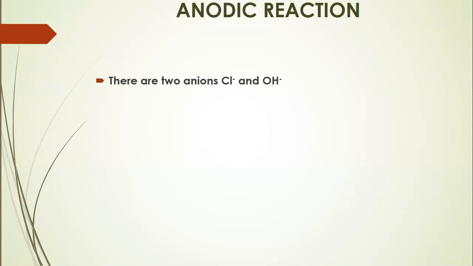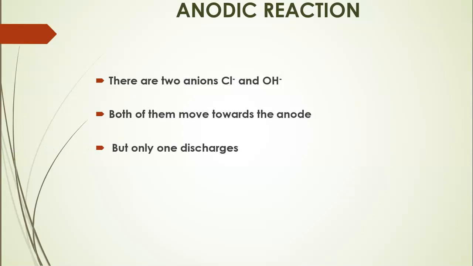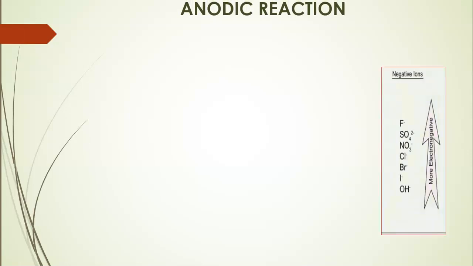Let us see what happens at the anode. Again, there are two anions, the chloride ions and the hydroxyl ions. Both of them move towards the anode, but only one discharges. Which one? Again, for deciding as to which one will get discharged, we have an activity series or an electrochemical series for the anions,